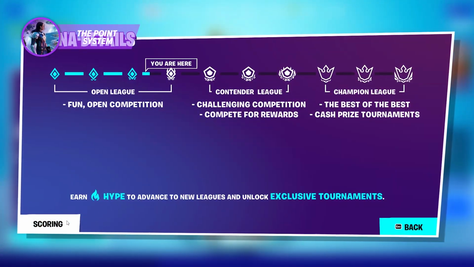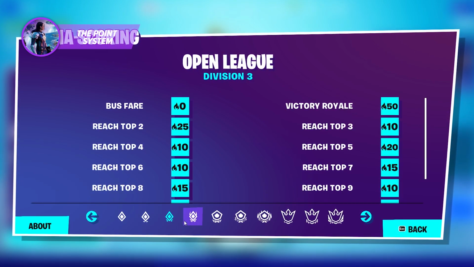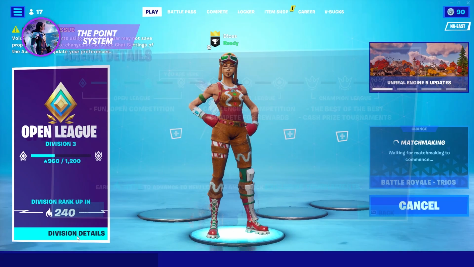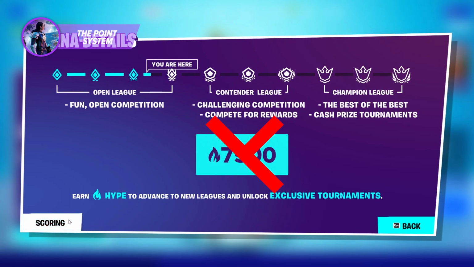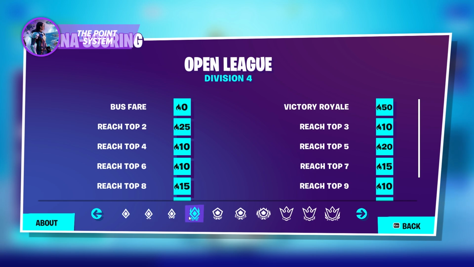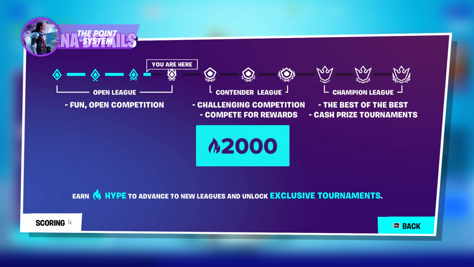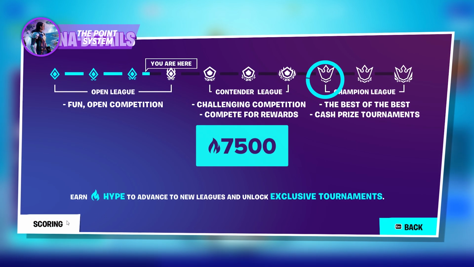Before we show you guys how to rank up as quickly as possible, we need to make sure that everyone understands the point system for each league. As you probably already know, Epic ditched the 7,500 point requirement to be eligible for cash prize tournaments. As of last season, you'll only need to reach Contenders Division 1, in other words, only 2,000 points. While this is definitely a huge weight off your shoulders, you'll still need 7,500 points if you want to be